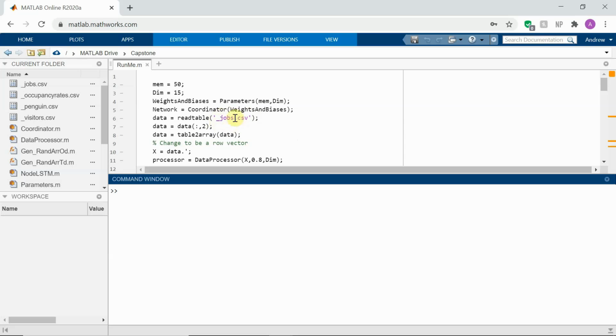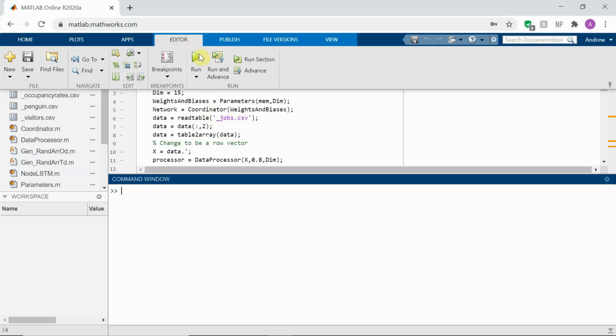So that data is this CSV file called jobs. So jobs shows the number of jobs available in a region as a function of time. So this tends to increase during summer months and decrease during winter months. So there is a definable pattern in the jobs file. Running the program,